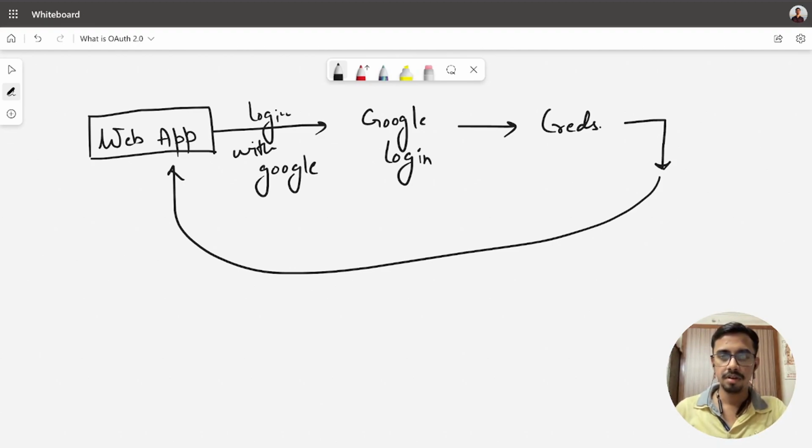Have you ever wondered how does this actually happen? Why did the web application actually take us to Google? Why did Google ask the credentials? What does Google do with those credentials?